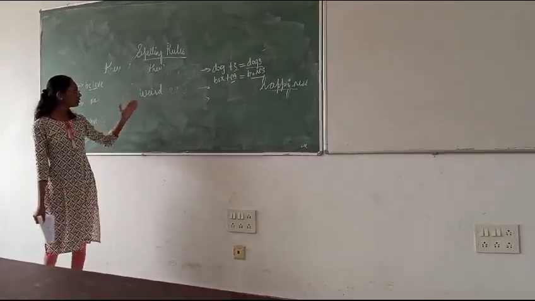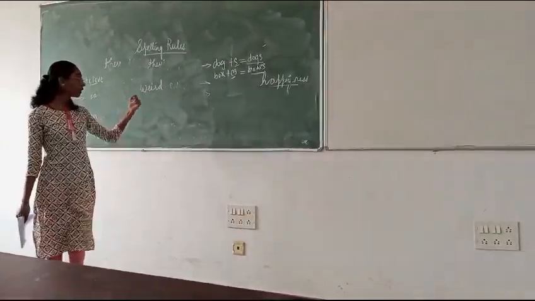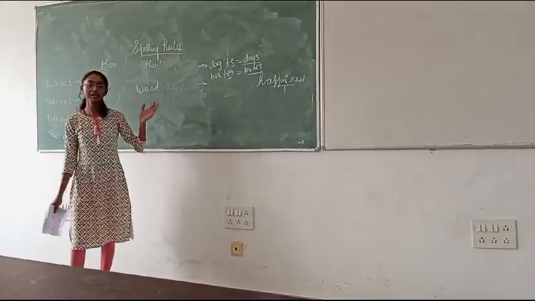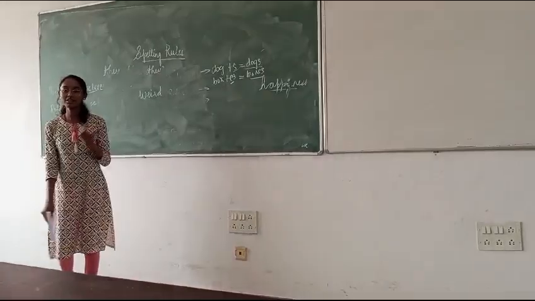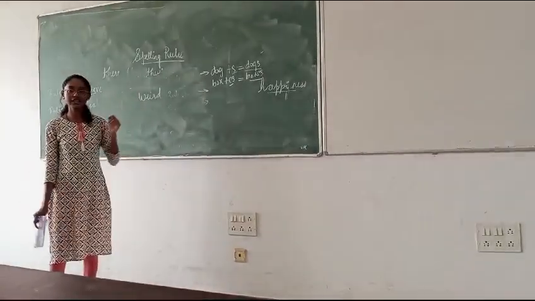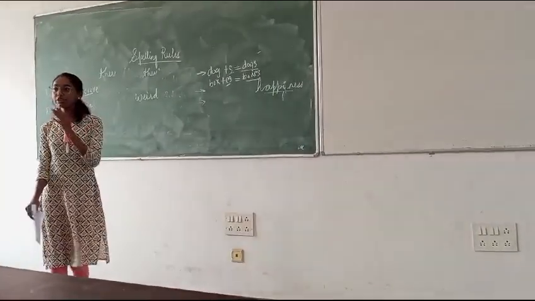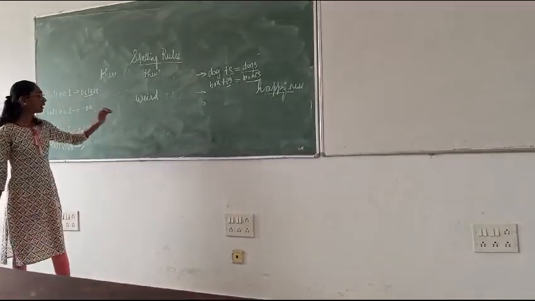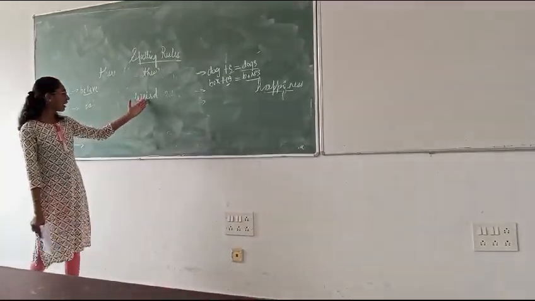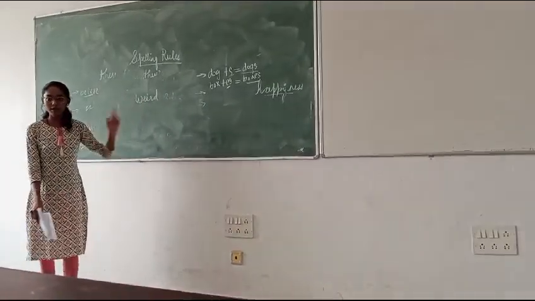Guess what's wrong in this? Can anybody understand what's the change in this? We spoke about the spelling rules. Rule number 1 stated that I should come before E, but here you can